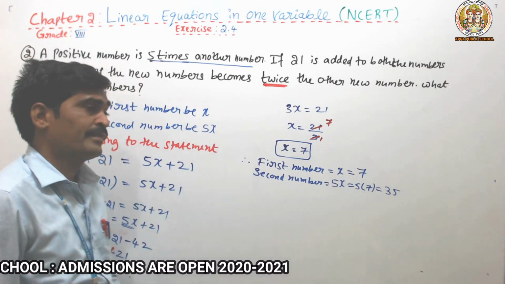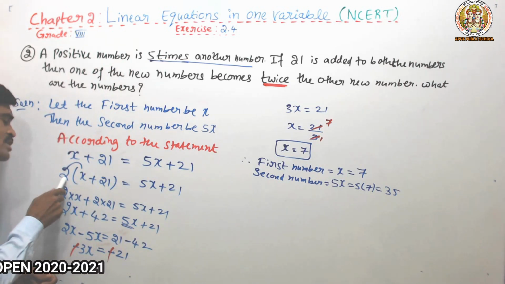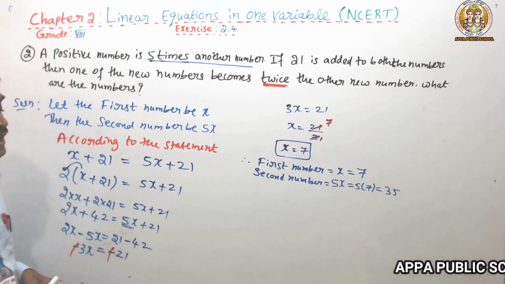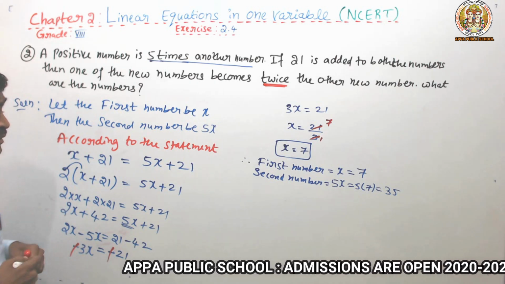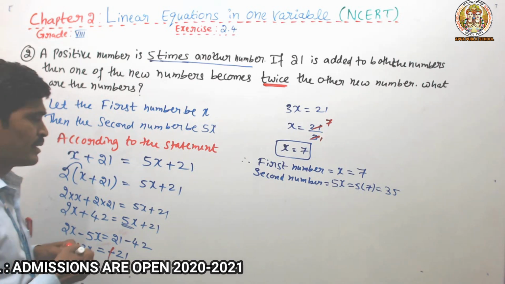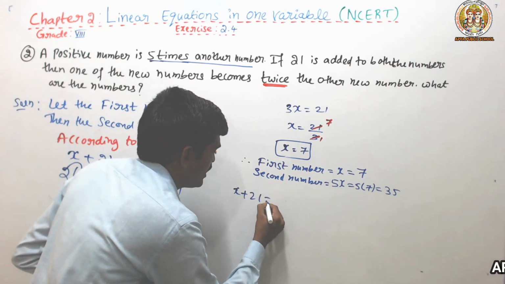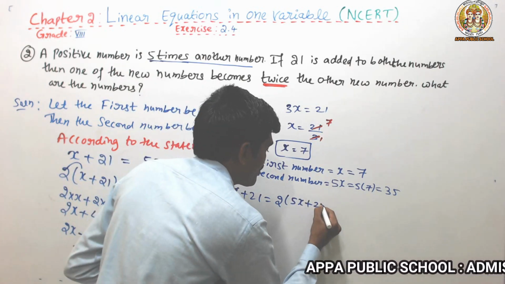equal to 35. My dear students, we multiplied here, okay. Suppose we multiply here also, that is also possible. 100% you will get the x value, my dear students. But we'll see after solving why we should not multiply here. See my dear students, same term I will take one more time. x plus 21, again twice of the number will be multiplied through 5x plus 21. What will happen? We'll see that.